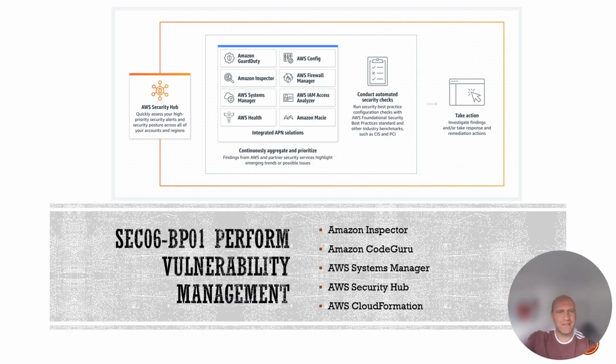The first best practice in protecting your compute resources is performing a vulnerability management program. We will cover tools such as Amazon Inspector, Amazon CodeGuru, AWS Systems Manager, AWS Security Hub, and AWS CloudFormation. It's very important to frequently scan and patch for vulnerabilities in your code, dependencies, and your infrastructure to help protect against threats. Our goal is to create and maintain a vulnerability management program,